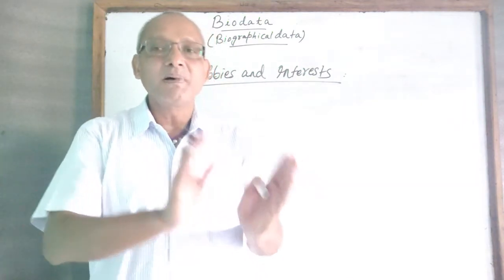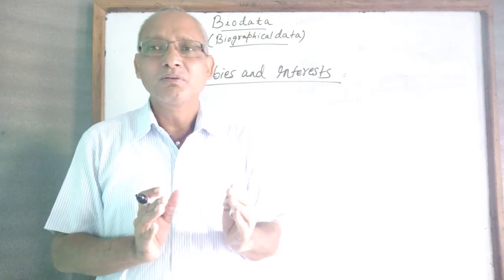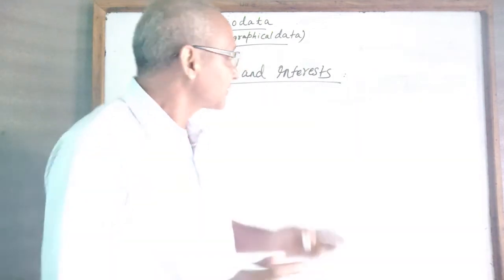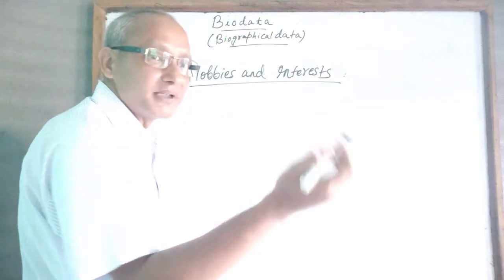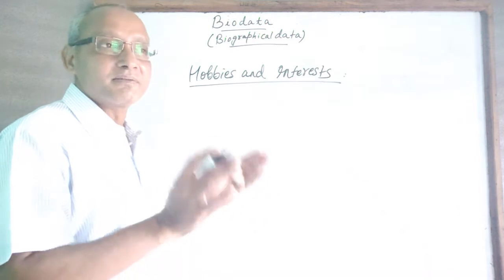How do you pass your time? Sometimes they might want to know what you do in your leisure hours. So here you can mention what you are good at, what you have been doing to make yourself active,